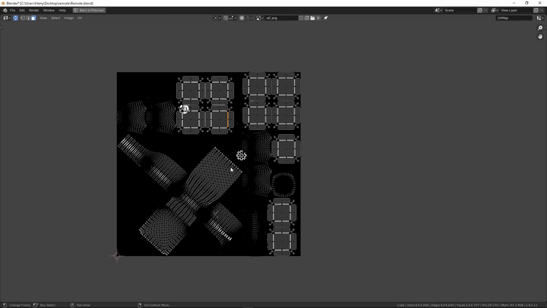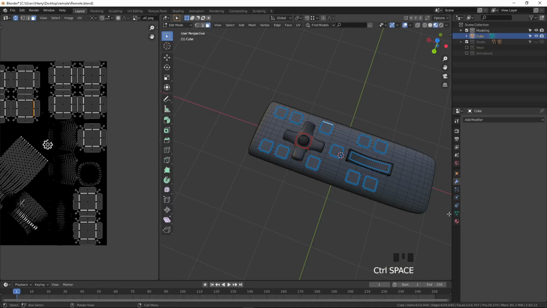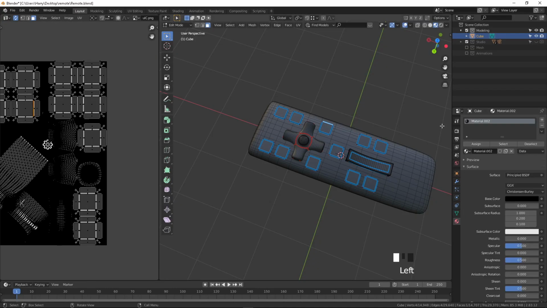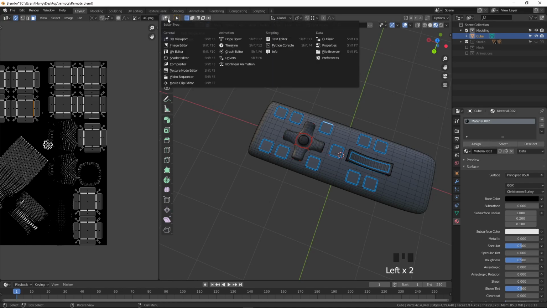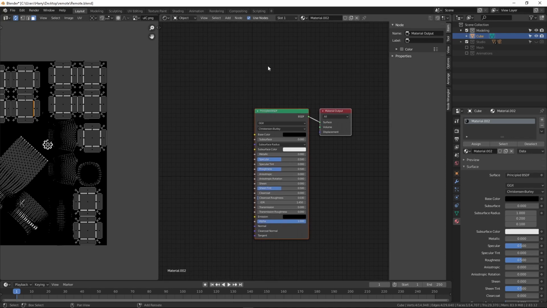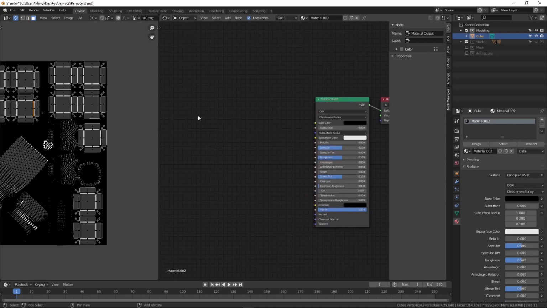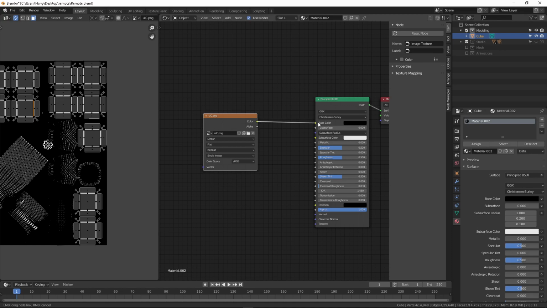Now what I'm going to do is press Ctrl space and go to the material menu, and change this to the shader editor. I press Shift A and search for image textures to open my textures. Select this and select this.